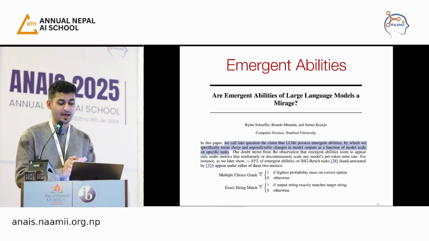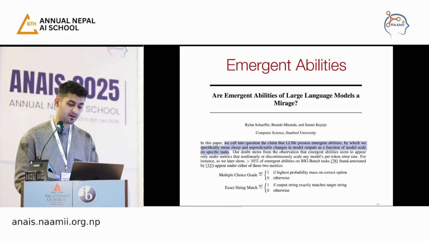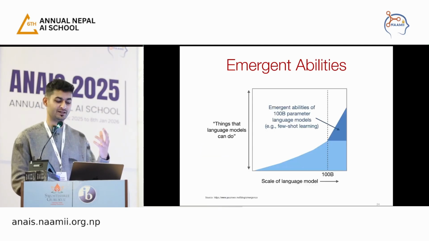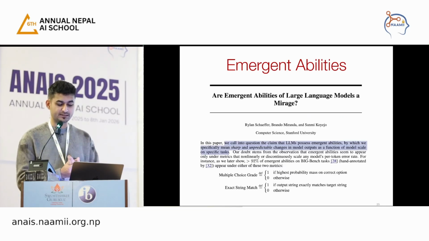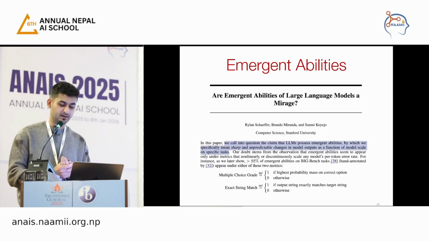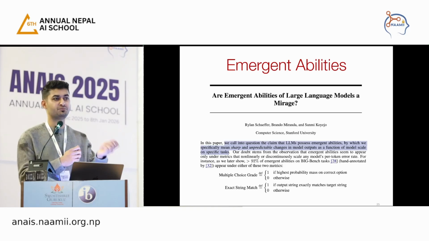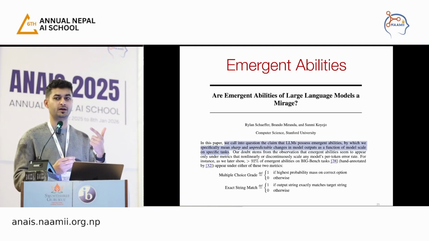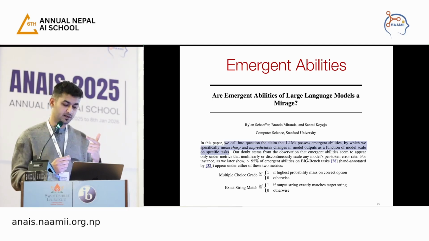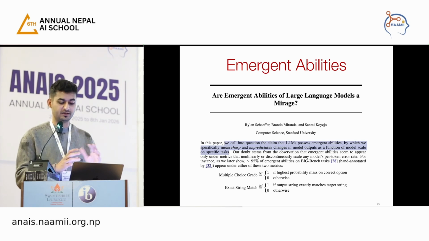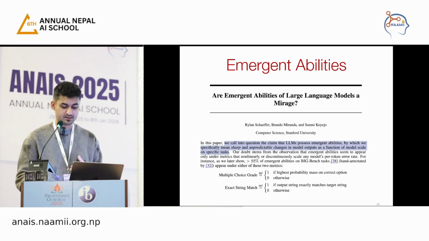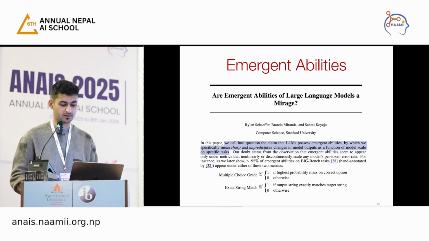Instead, what is happening is about the metric. In all the previous examples, many of them are multiple choice questions, so there's accuracy. Accuracy is not a continuous metric; rather, we just check whether the highest probability has the correct option. So for example, if I have 2 options and the probability of one label is 0.6, I would convert this to just 1. So it's not a continuous metric. This paper shows that